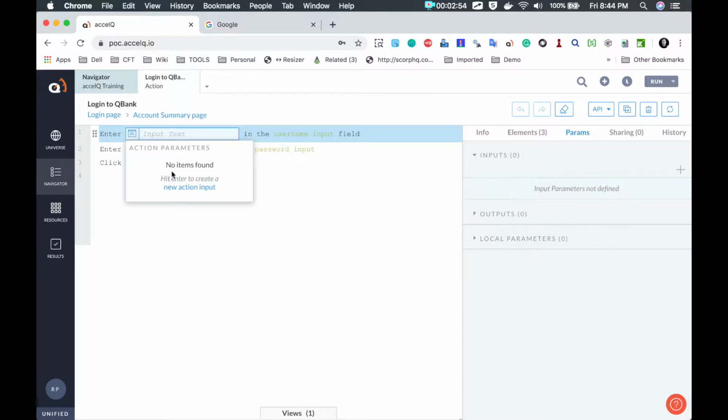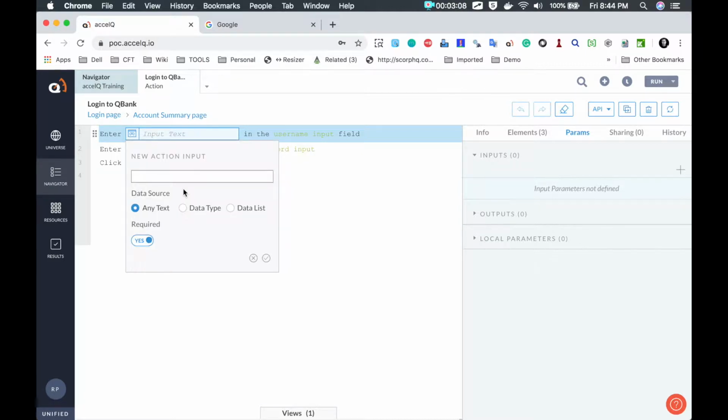So I will select action parameter, and here, because I do not have any action parameter already created, I'm getting this option no items found, and I'm getting an option to create new action input. So I will click on new action input. I have to give some name, so I will say this is username, and the data source can be any text, data type, or data list. Now I will explain to you about data type and data list separately in a different session. As of now we will go with any text. We can also make this required or not. Of course this is required, so I will keep this required as yes and say OK, or click on this tick icon,